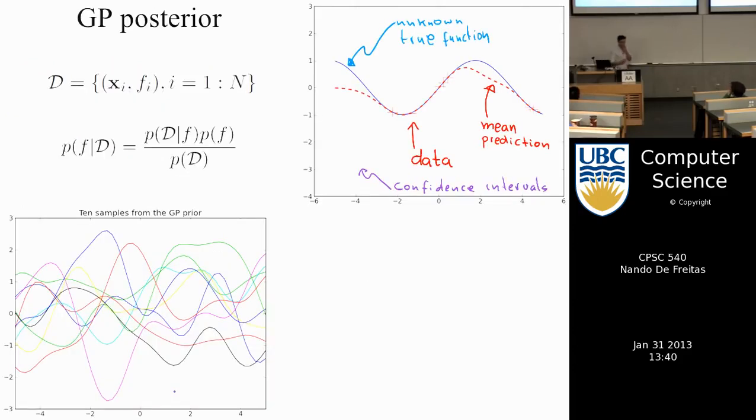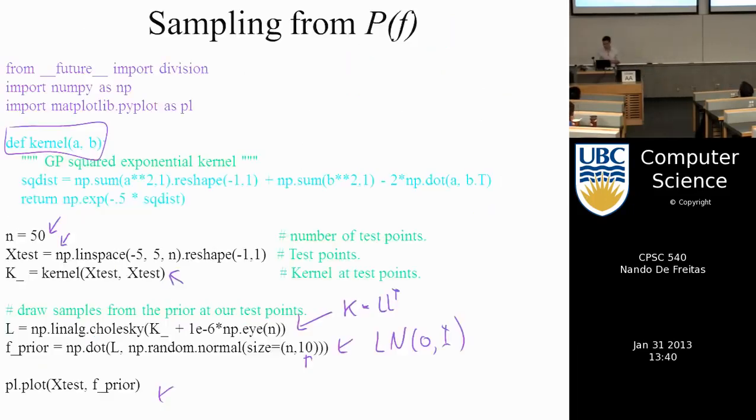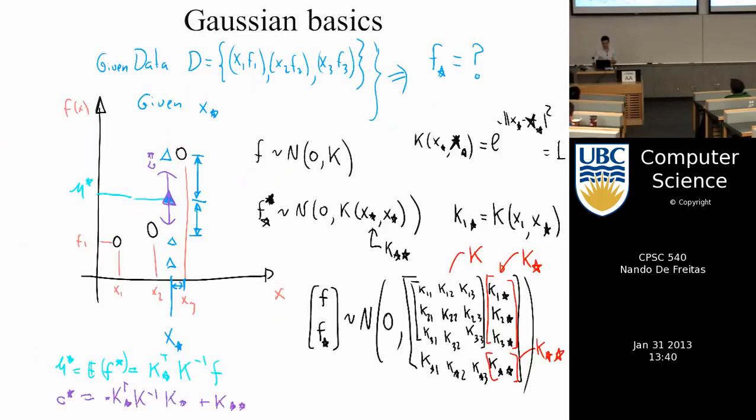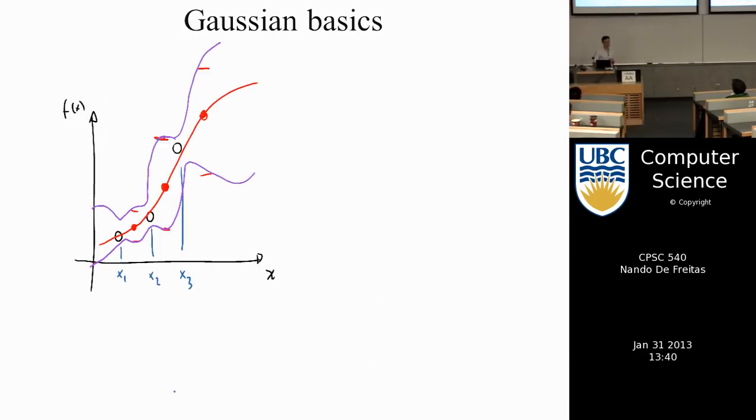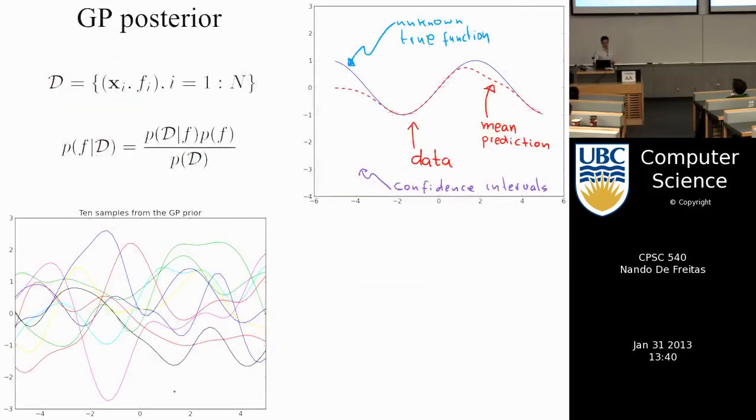Now, the process of making predictions is just like in the drawing. It's just like in this drawing here that we did before. If I want to make predictions, I'm going to have my points x, f, and then I'm going to try to generate the mean and confidence intervals elsewhere. In other words,